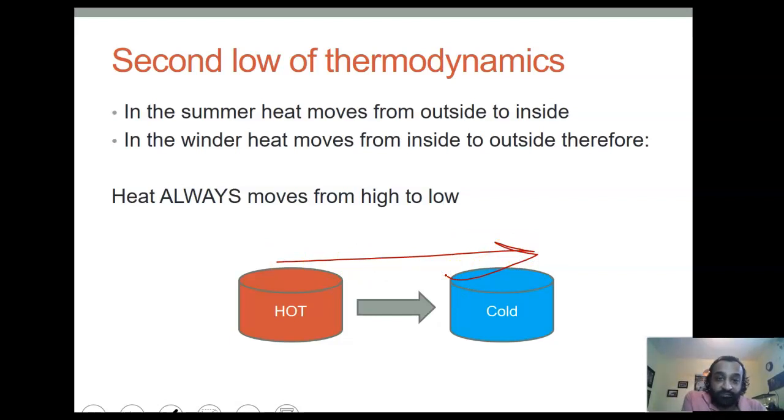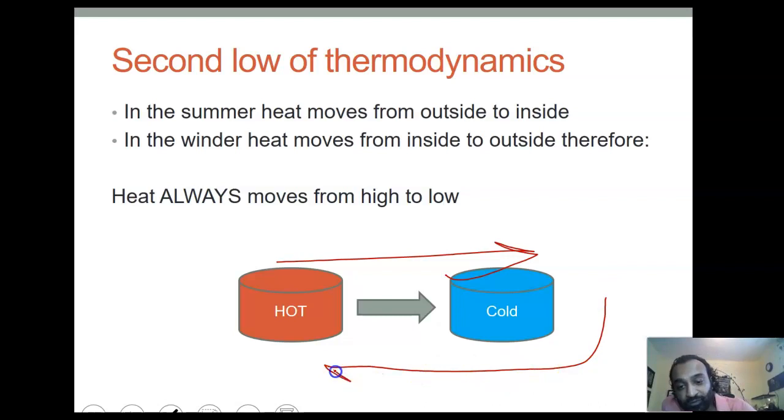That's actually nature's law. And so in the summer, the heat moves from outside to inside. In the winter, sorry, heat moves from inside to outside. So the second law of thermodynamics means heat always moves from high to low, and if you want heat